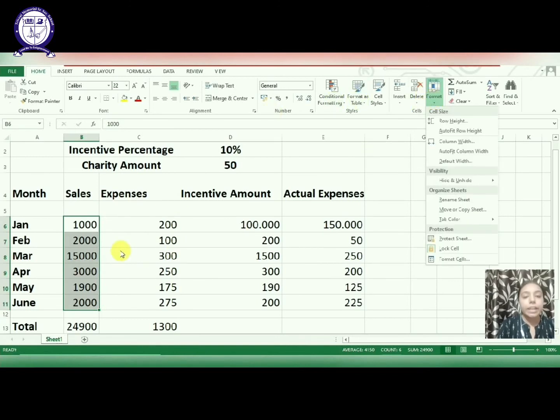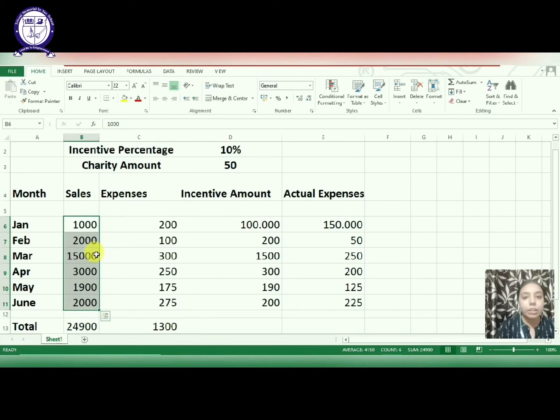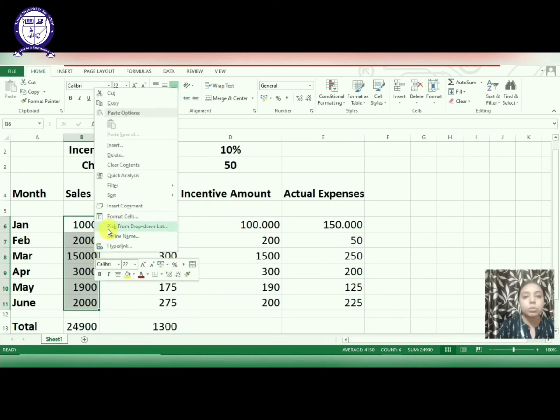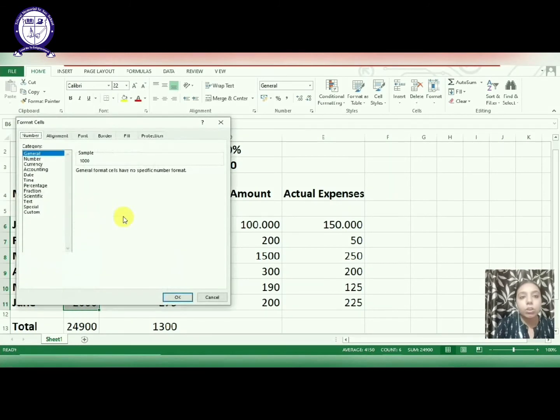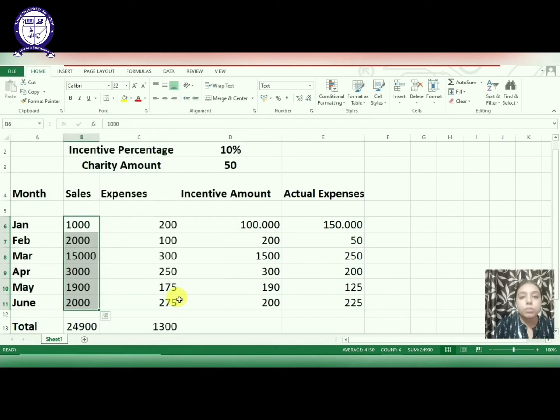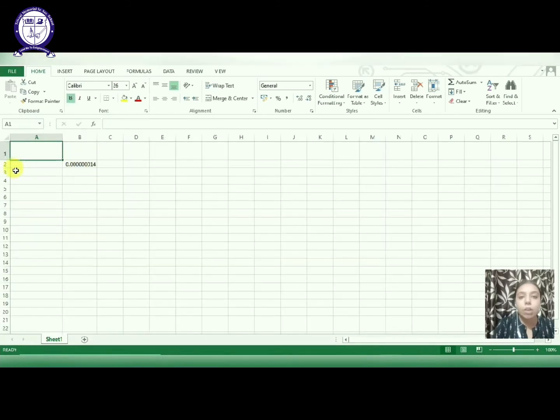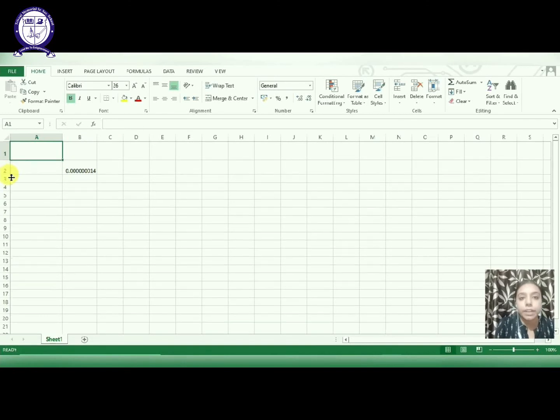That is 100.000. Next we are selecting a range of values and we want the formatting to be done as labels. Earlier we did it on 100.000 and 150.000, that was using decimals. Now here again, taking the format cells dialog box, we click on the text category and then click on OK. Now you will see that these numbers were on the right side, and now they have come to the left side.